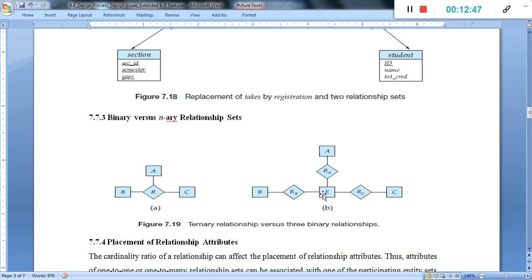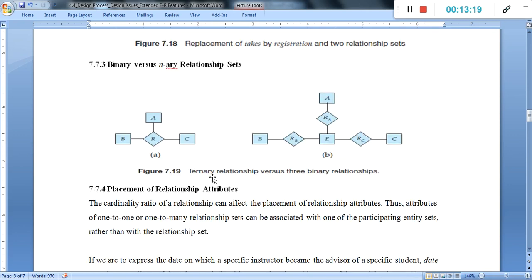Then this entity set relates with B, this entity set relates with A, this entity set relates with C. That is simply the way to change this n-ary relationship into a binary relationship, because of these two relations with RB, these two relations with RA, these two relations with RC, which is a binary relationship now in this diagram. This is simply the solution.